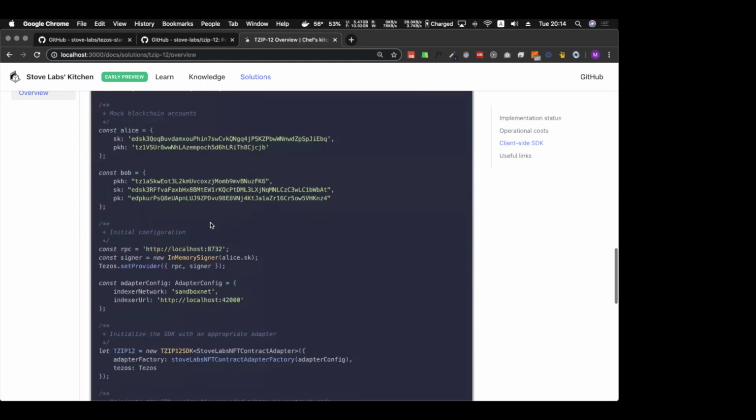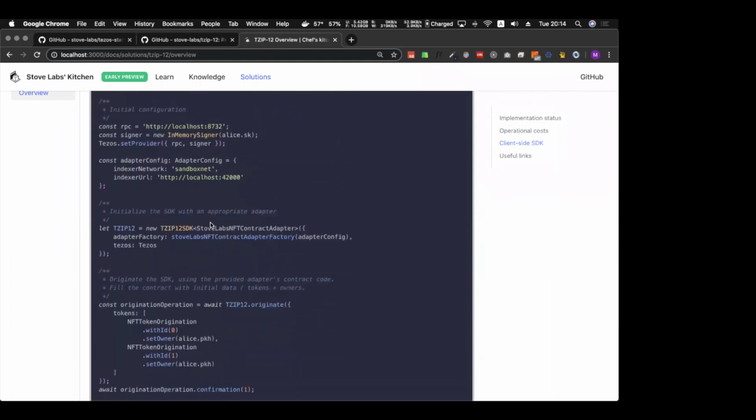So back to the SDK. You have the adapter architecture, and each of the adapters exists for each of the implementations. For the NFT implementations, we currently have just one adapter, but we will need 2 for each of the different storages. And what the adapter does, it just parses a different storage of the contract. But the entry point interaction, the data model, etc., that stays the same with the